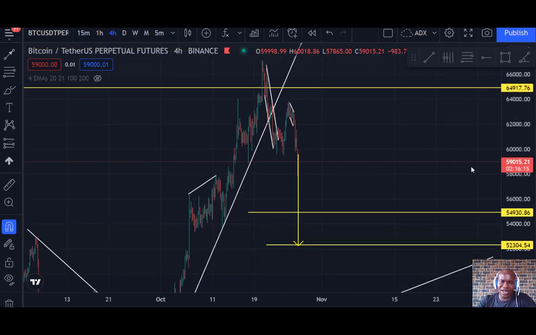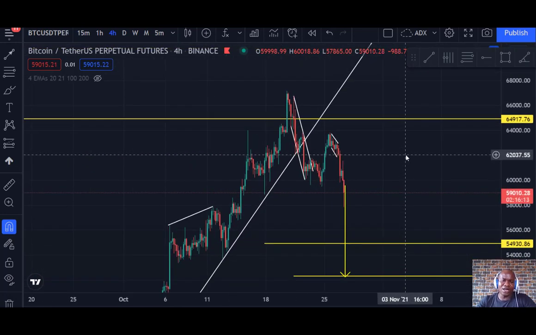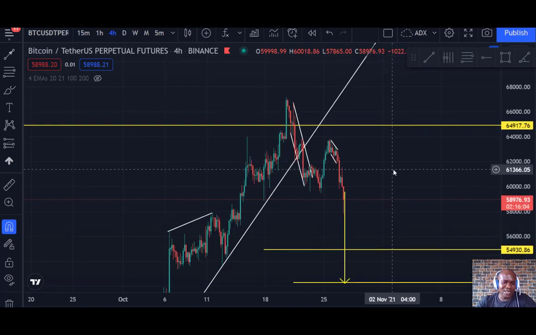Then secondly, looking at it from this scenario, if you take a history of Bitcoin, Bitcoin normally forms what they call head and shoulder patterns, and you can see clearly that the head and shoulder pattern just activated. This is the head and shoulder pattern, and we can see that the neckline has been broken. And what does that tell you? That this pattern is activated to run. So there might be a slight correction here, and after that Bitcoin starts dropping.